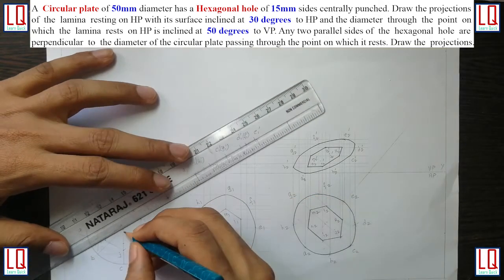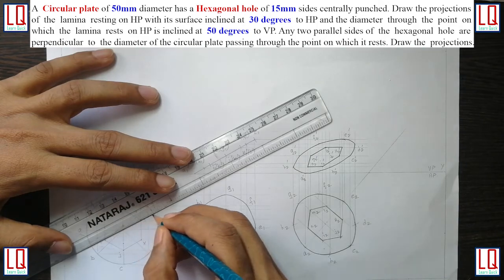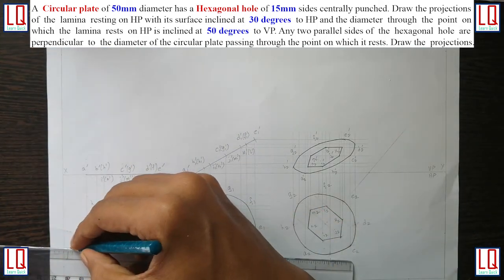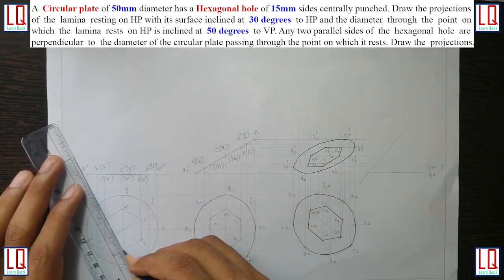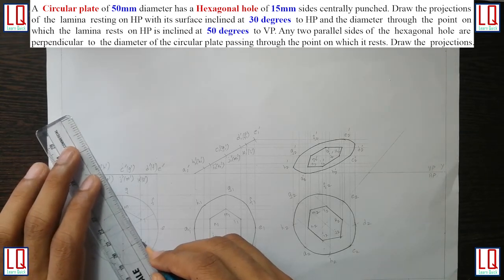Now let's do dimensioning for this. Diameter of the circle, side length of the hexagon, there's a linear dimensioning.